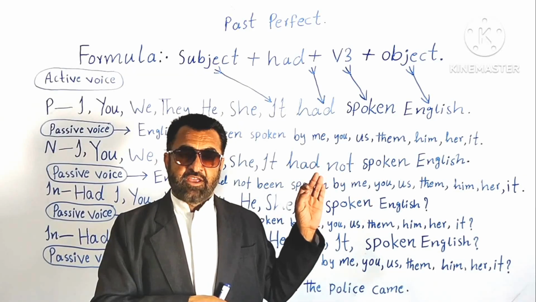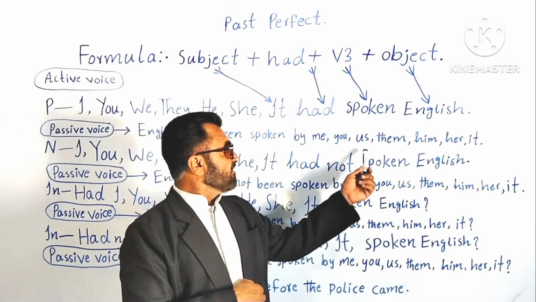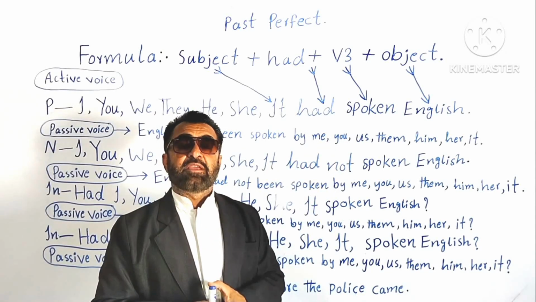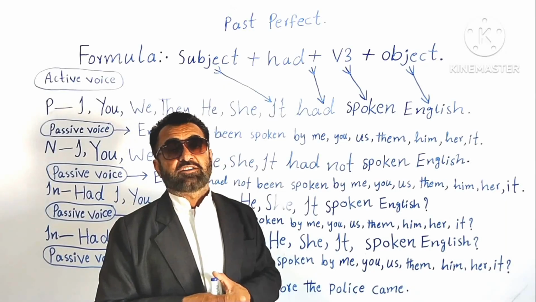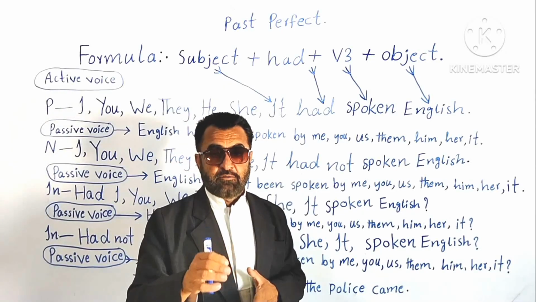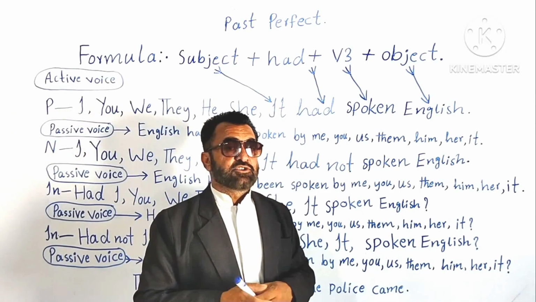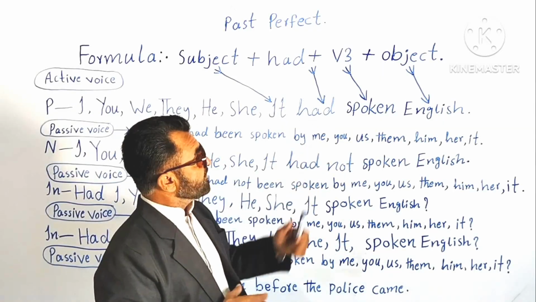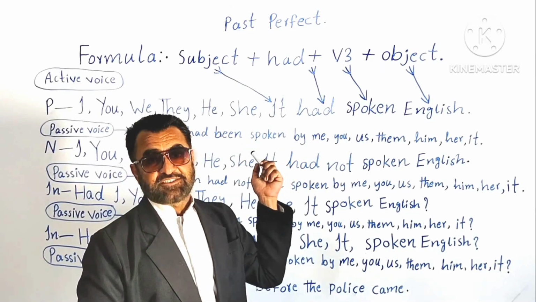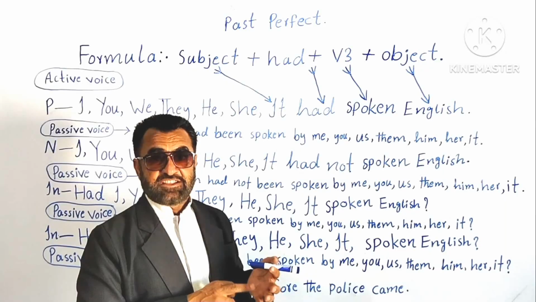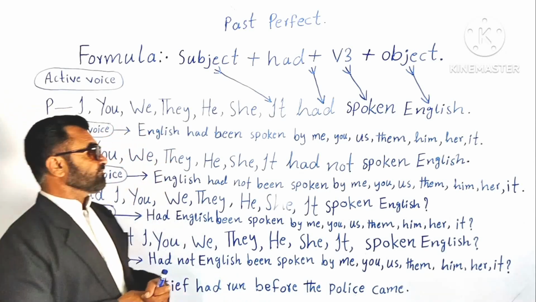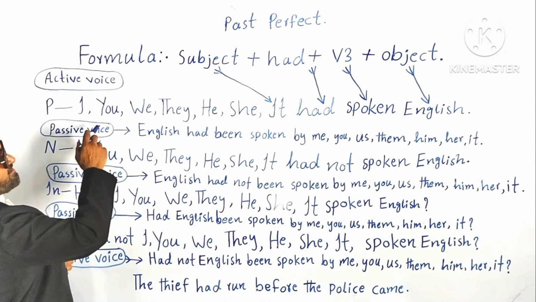Okay. Now here we have a problem with the helping verb, not the main verb. Main verb can be any verb, so we don't know what verb can come there, but the helping verb we must know. So our helping verb is had. This is the specialty of had: it can run with every subject, whether that is I, you, we, they, he, she, it, one name, Ali, all of them. Understood? Now let's read the example once again.